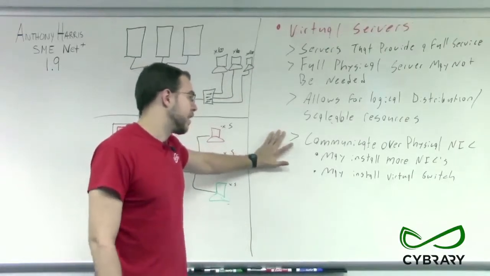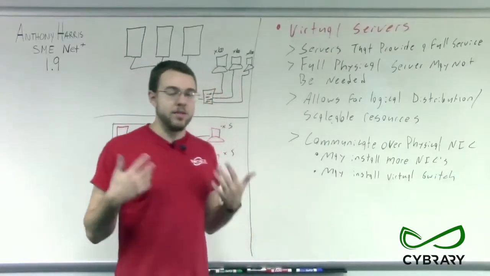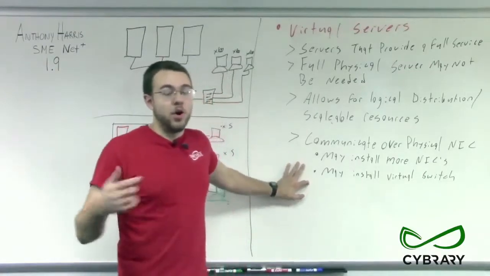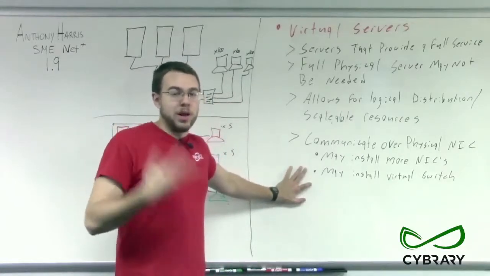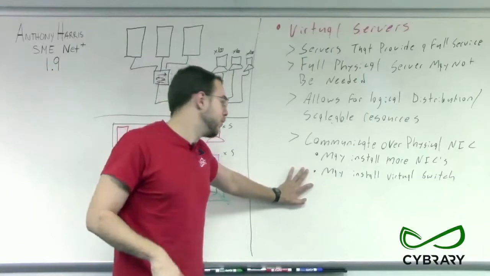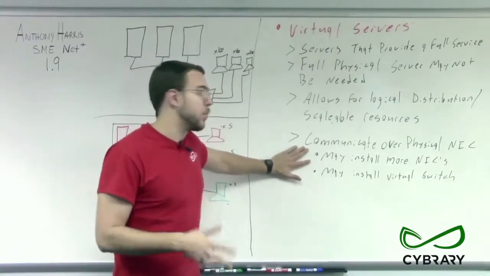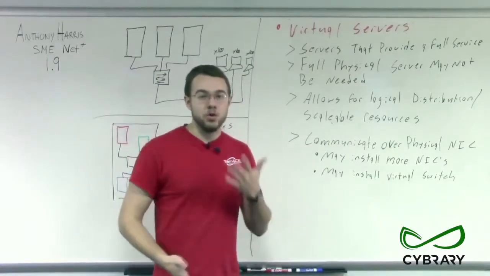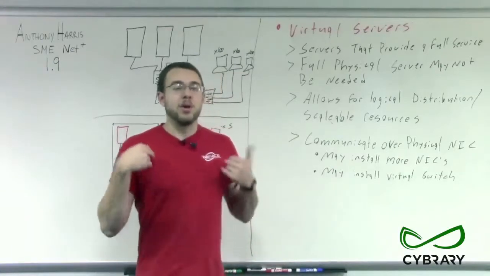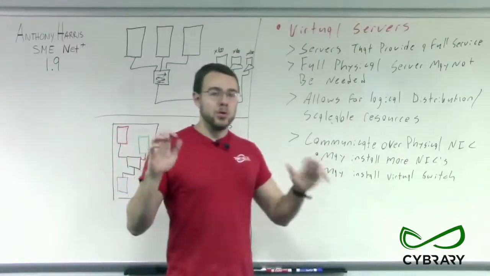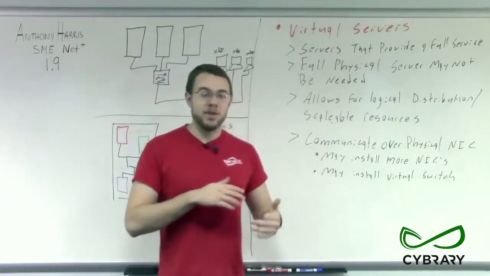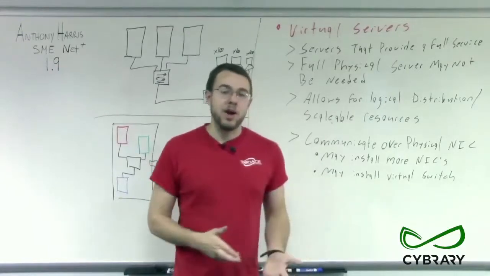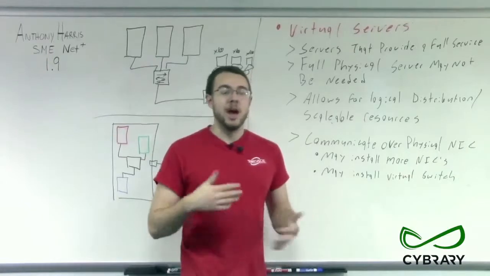Now, these virtual servers can communicate over our physical network interface cards just as a physical server would. And we can use just one physical network interface card if we want to install a virtual switch, or if we want to allow our hypervisor to run a virtual switch between our servers. But if necessary, we may actually decide to install multiple network interface cards in order to allow us to load balance our network interface cards better and to allow our virtual servers more room to talk on the network interface cards rather than having to share that one cable with everybody else. So that's really determined by our situation and determined by how much network connectivity that we need.